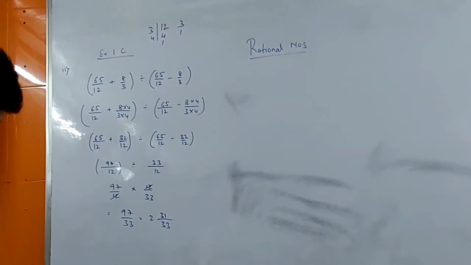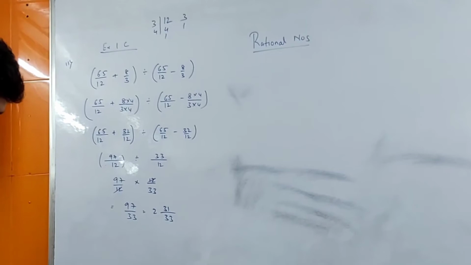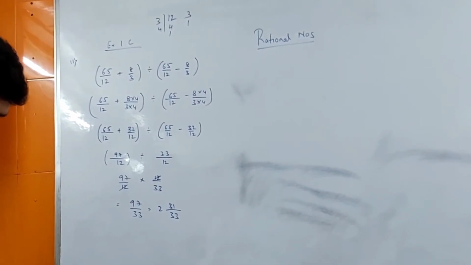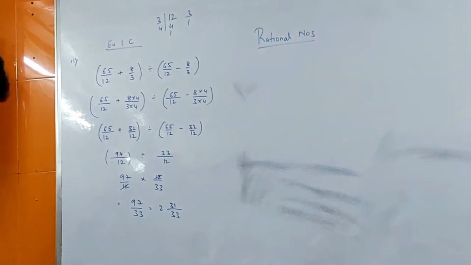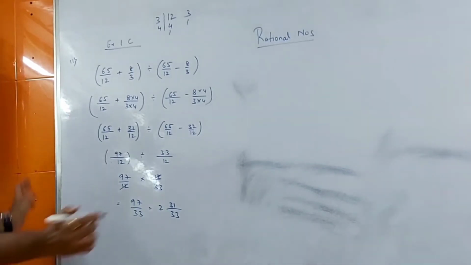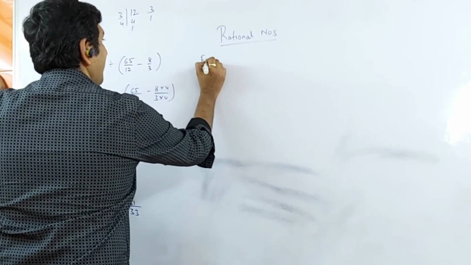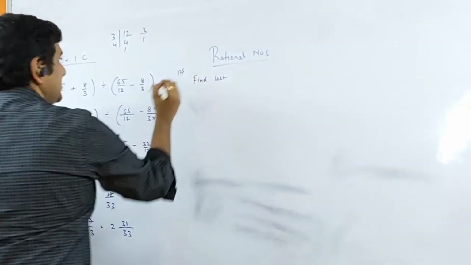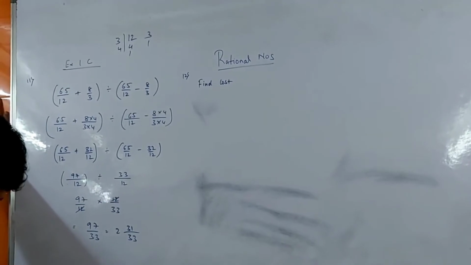Now question 12. Find the cost of 3 2 upon 5 meters of cloth at the rate of 63 3/4 per meter. So first I'll write the sum. We have to find the cost. Okay, students, understand the sum. Find the cost of